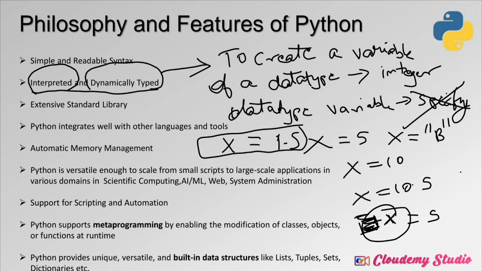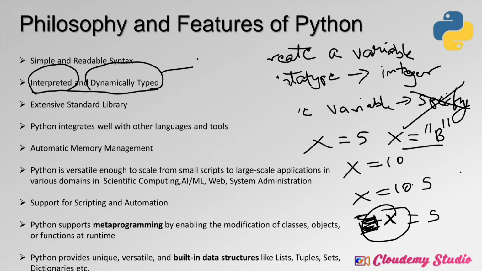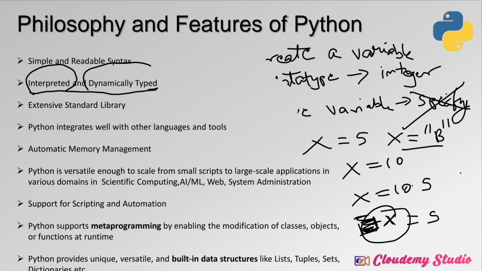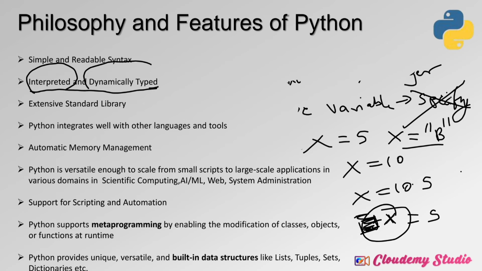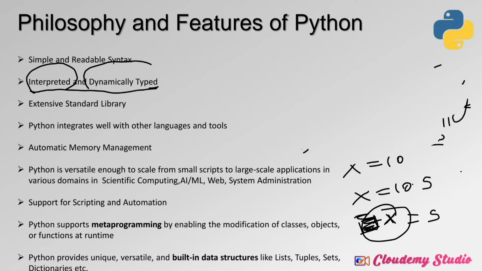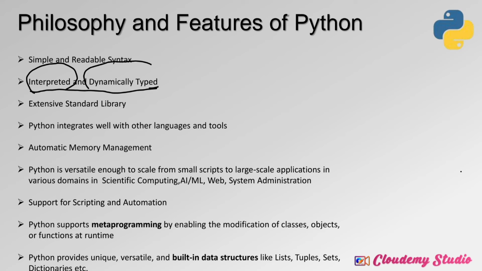So that's all about dynamically typed programming language. So Python is a dynamically typed programming language. Next, Python has an extensive inbuilt standard library. Now, this statement, that is Python has an extensive inbuilt standard library, provides the justification and the proof